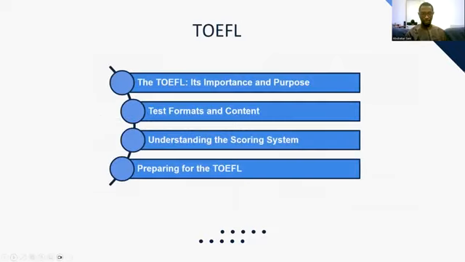Let's look at the TOEFL, for example. So when we talk about standardized tests, they come in two shapes. We have the GRE and we have the English proficiency test. So these are two different tests, okay? English proficiency is because they want to know whether you can speak English, whether you can communicate in English, both in written and verbal. You can speak, people can understand your English. And when people talk, you can also understand their English. You can understand their speech.